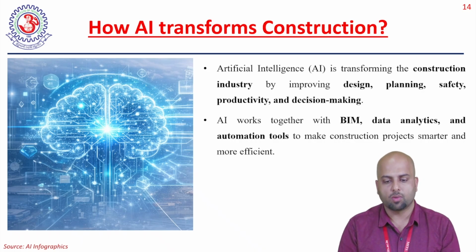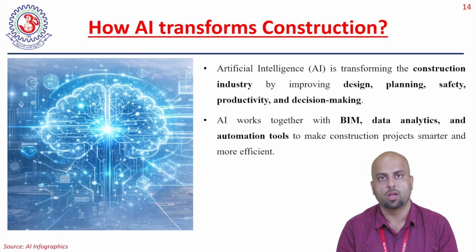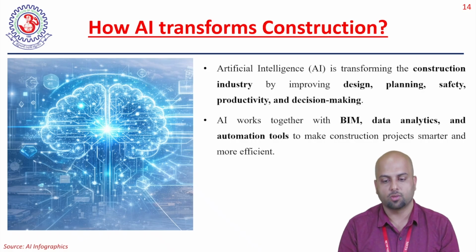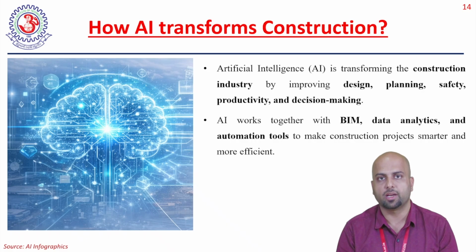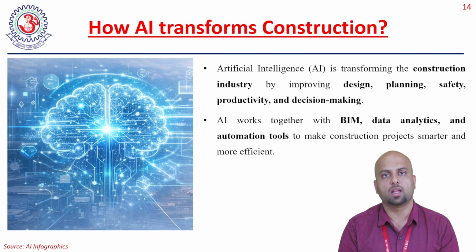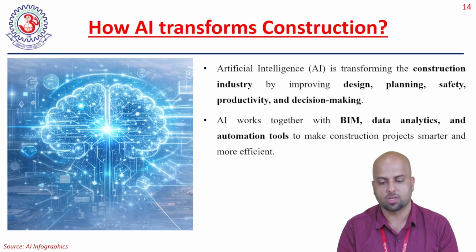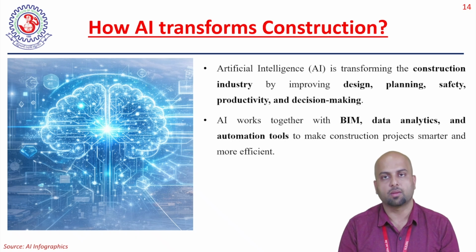Yes, now we'll talk about AI: how AI has been transforming civil engineering construction, and how AI is assisting BIM to develop smart constructions. AI is nothing but artificial intelligence. It is transforming the construction industry by improving designs, plans, safety, monitoring, decision making, and complete maintenance of the structure. In each and every stage of the life cycle of a structure, AI will assist so that we can manage all this comfortably. It works together with BIM, data analytics and some automation tools to make construction projects